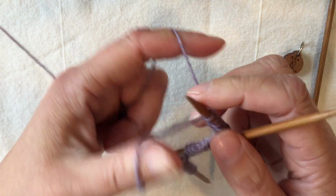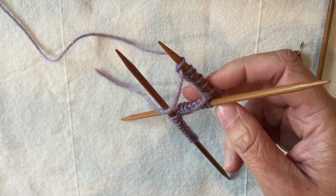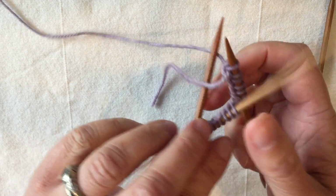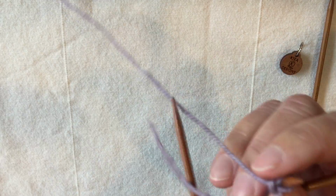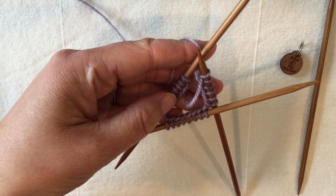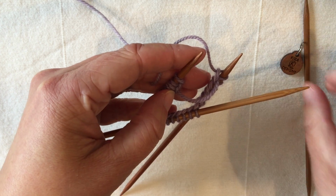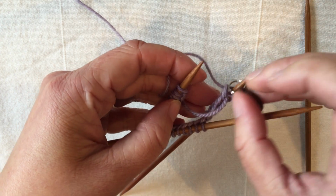So it is totally fine to put 1/3 of your stitches each on 3 needles, but I find it makes the join a little bit delicate and you can get a loose spot. So I like to do this where I have a couple stitches more on the first needle, a couple stitches less on the last needle. And then before I introduce my 4th empty needle to work around, I'm going to put my marker on,